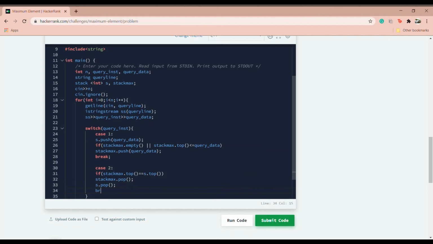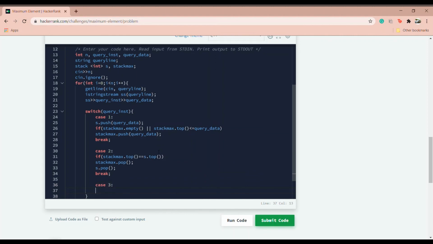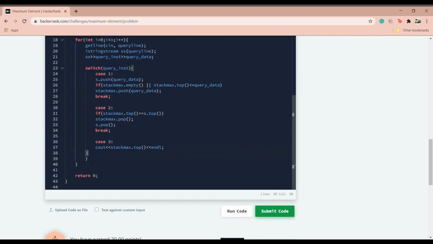So once this is done, we'll break from here. Then comes case 3, that is we'll have to see out the maximum value. So cout stackmax.top() endl. And now let's end this.